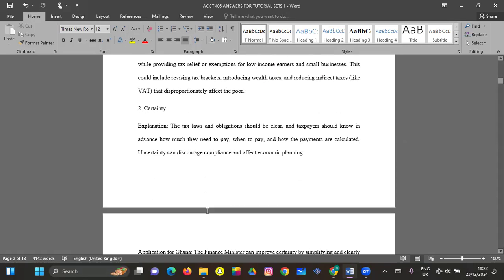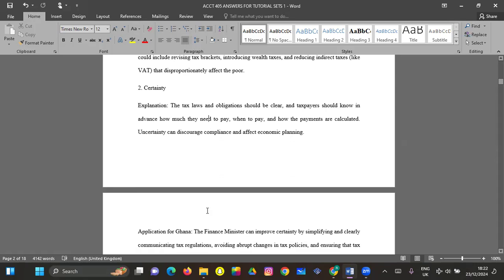So for certainty, we should what? Know the amount of tax we are going to pay. That is the principle of certainty, right? So that's basically it. So how the finance minister can be helped with this is that the finance minister